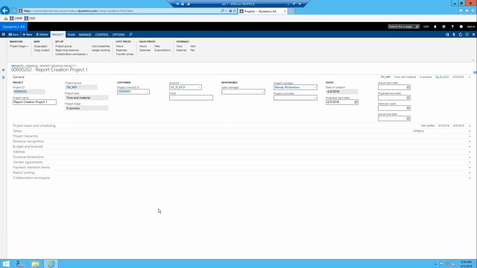All right, so we're going to create our first project budget here. What you're looking at on the screen is the details of a project that I just created, and it's called the Report Creation Project. We're going to do some software development for City Manufacturing, which is our customer, and they need some report development, and they only have a specific amount that